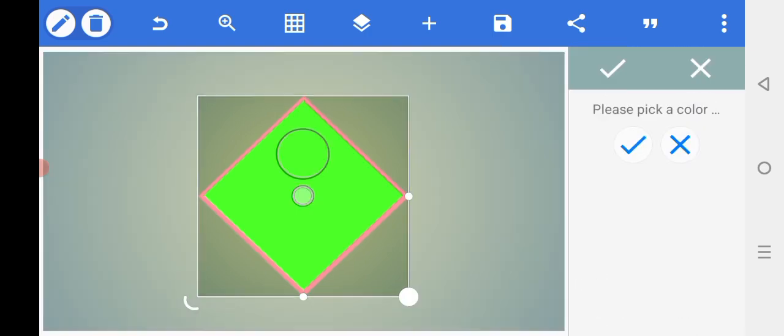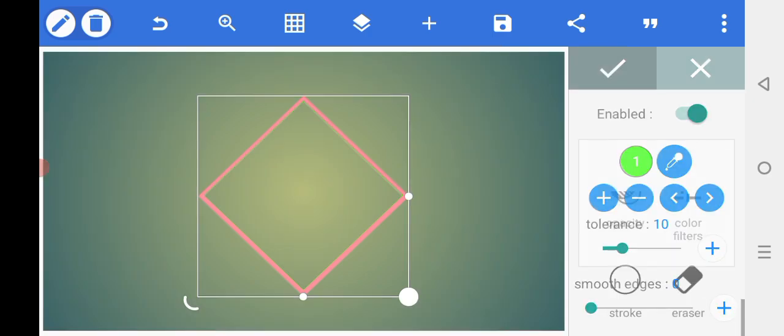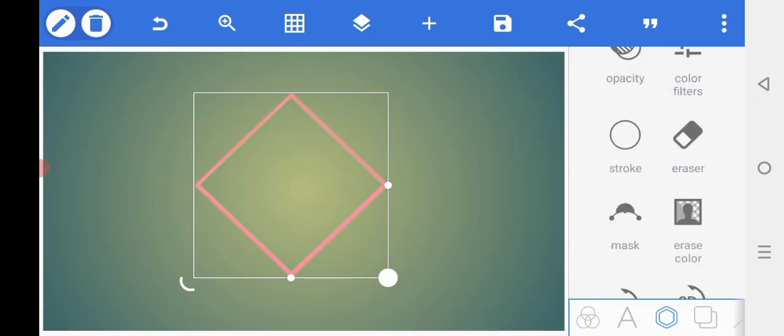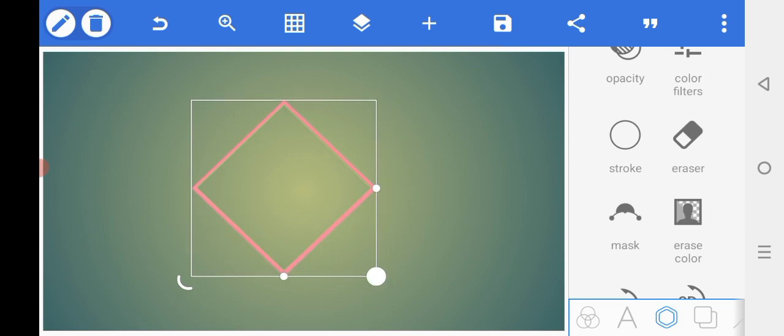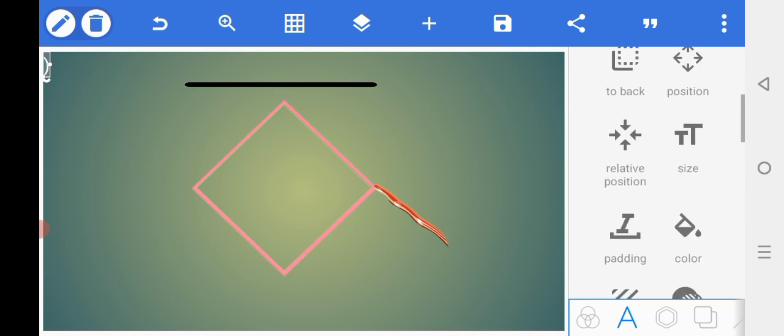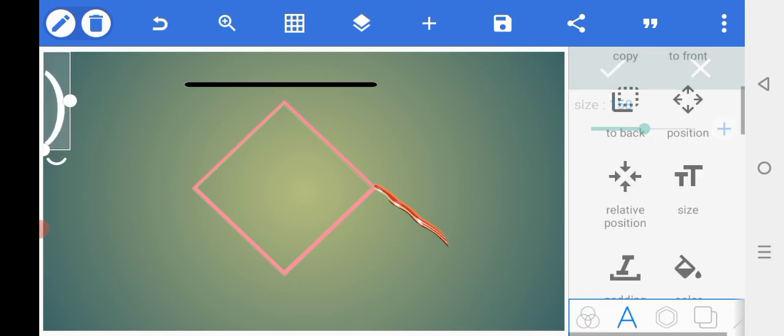How to make a designing shape on Pixel Lab easily. Open Pixel Lab, select a shape, duplicate the shape, change the color of the shape, select the erase color to back color green, adjust the shape. Then select the text edit, select a shape, select the emoji, adjust the shape,